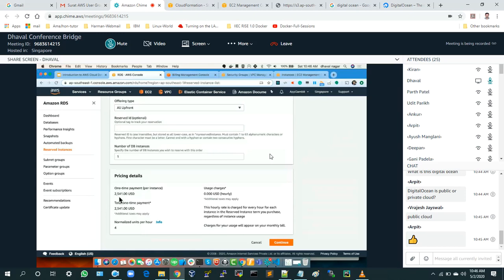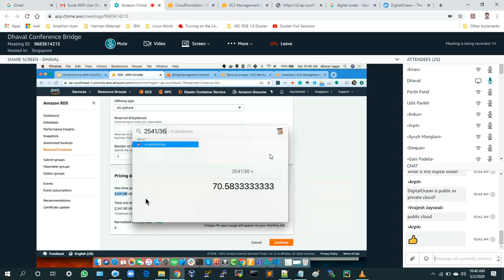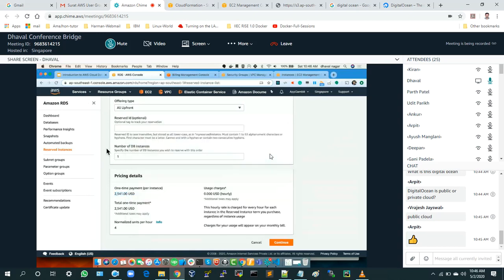Now this will come to $2,541 USD for the next 3 years. So if I divide it by 36, I'm actually paying $70 a month, which in this case, if I pay on-demand price, I'm actually paying $189 a month. So these are some of the options which a lot of new teams which are migrating to AWS,